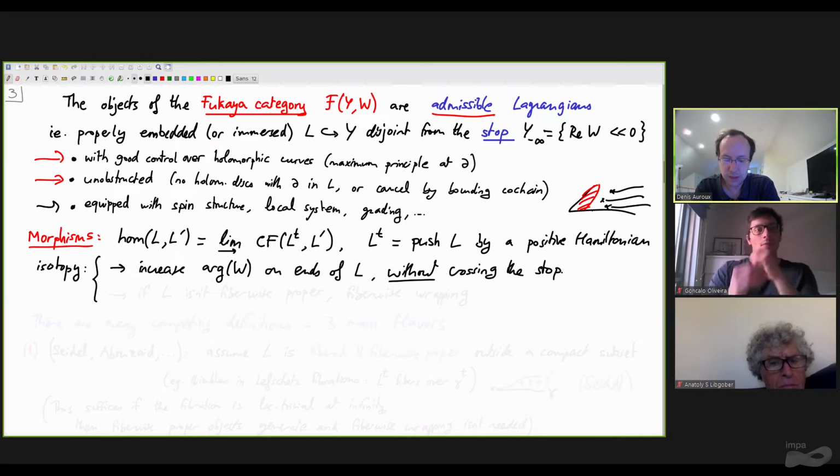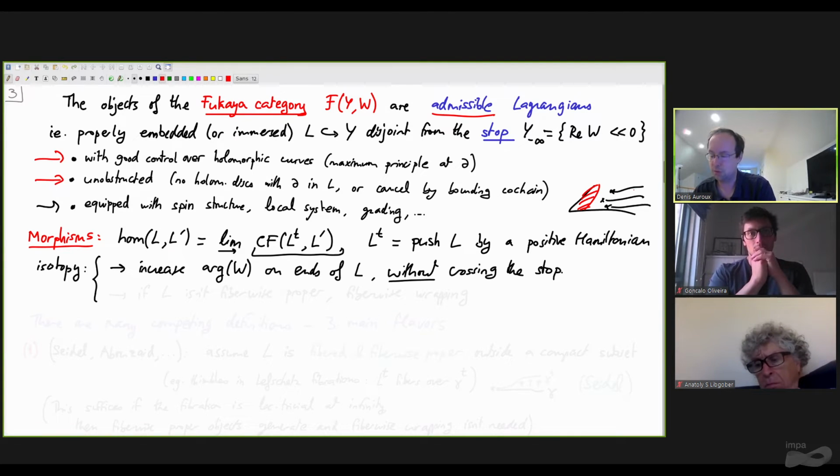Then when we study their intersections, the morphisms are given by Lagrangian Floer complexes. This is just some vector space generated by intersection points of the Lagrangians. But in this non-compact setting, we need to agree on a relative position at infinity. So the rough idea is that before intersecting two Lagrangians with ends towards plus infinity, you should push one of them so that its ends lie above the ends of the other, or maybe I should say counterclockwise from the ends of the other. And so when we study the intersections of L and L prime, we should intersect L and L prime after pushing L by a positive Hamiltonian isotopy,